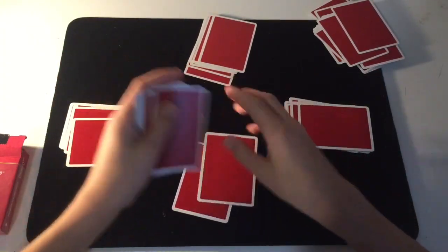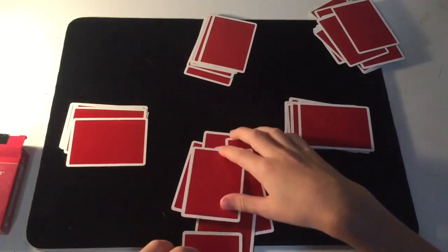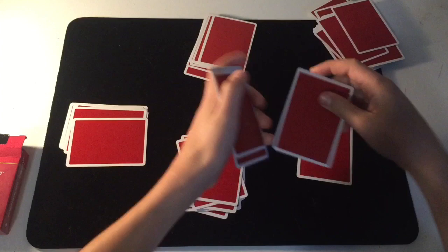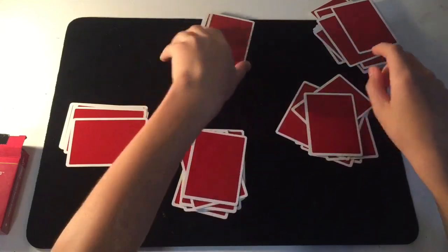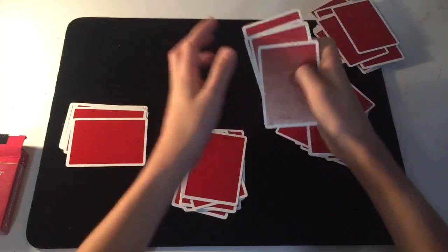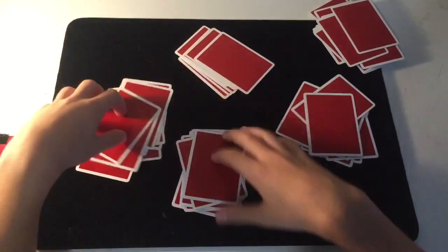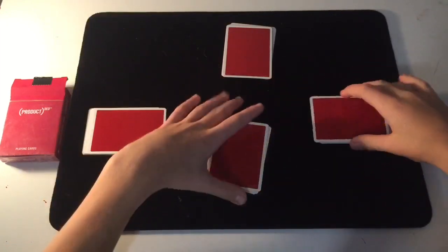So I have 1, 2, 3, 4, 5, 6, 7, 8, 9. And then what that's doing is it's putting the 8 on top. So then you want everyone to do that. 1, 2, 3, 4, 5, 6, 7, 8. 1, 2, 3, 4, 5, 6, 7. 1, 2, 3, 4, 5, 6, 7, 8, 9. So all that'll do is put the 8 on top. So the trick